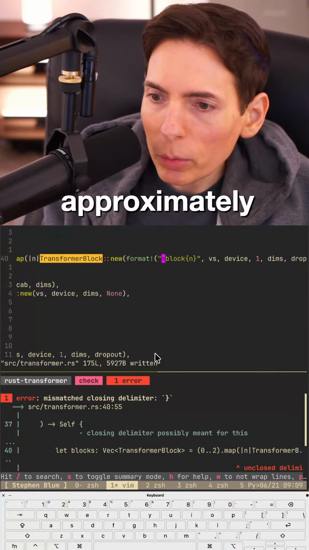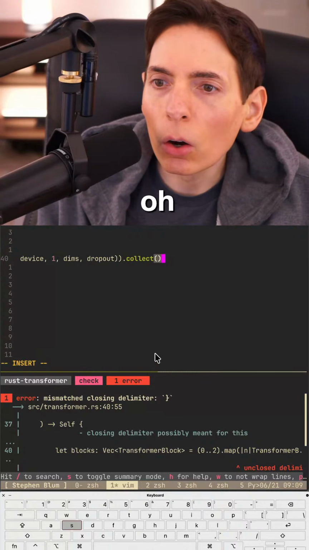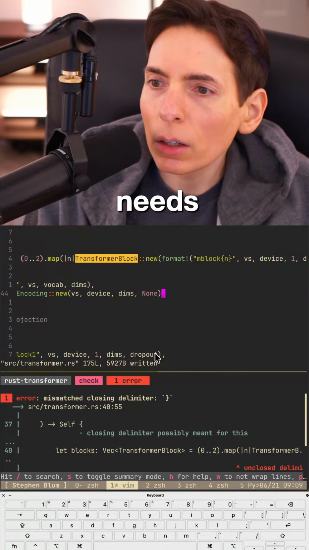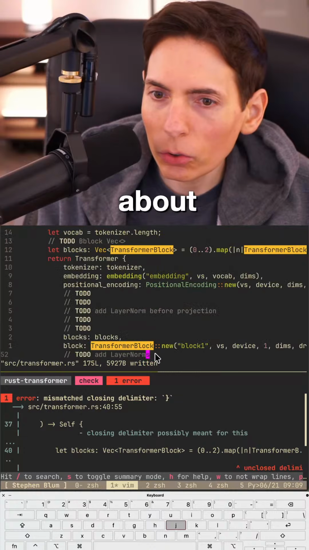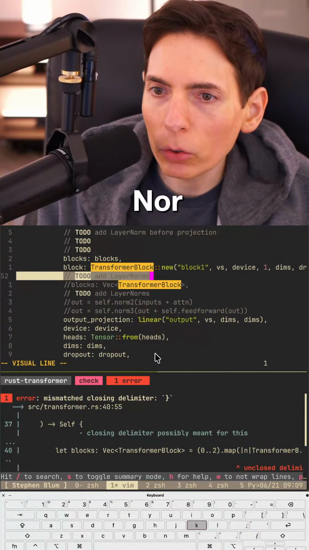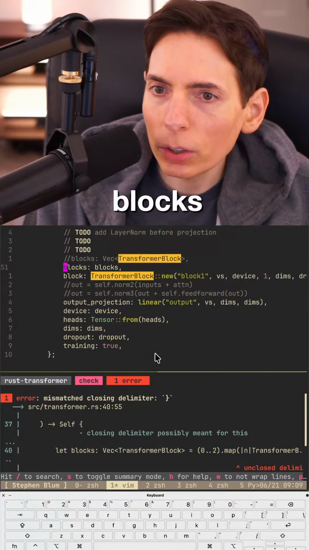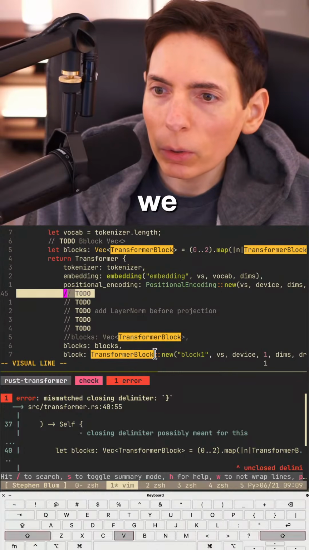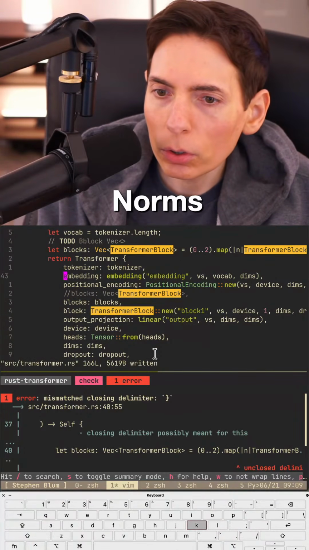Closing delimiter possibly meant for this. So where, oh, there we go. So that definitely needs there. What about everything else looks, so we did the norms. We don't need to worry about the norms. We've got our blocks here, so we don't need to worry about that. And then we added the layer norms.